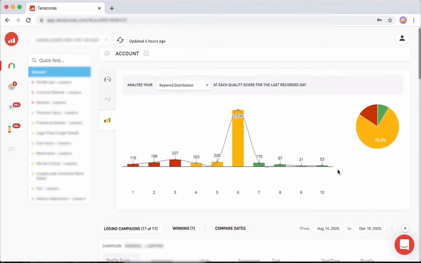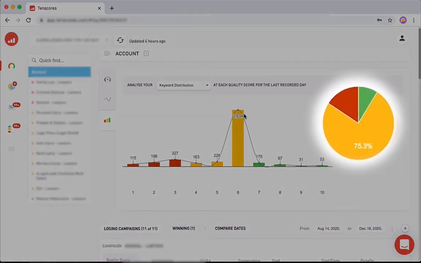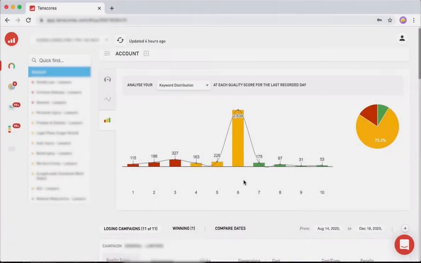This is additional data that you don't always need, but it's nice to see how many keywords are in their account and how they are distributed on the quality score scale. As you can see in this account, 75% are pretty much average, and then we have like 15% that are below average. That's not good. So it's a good thing to look at as you optimize,